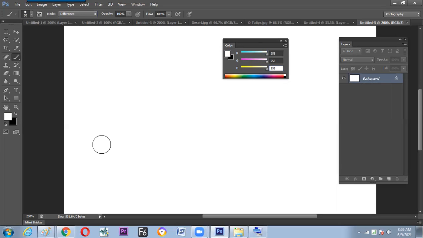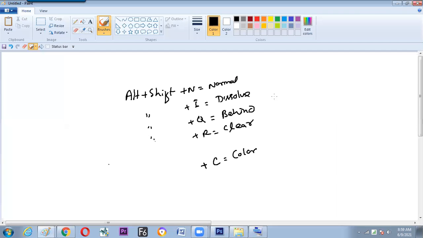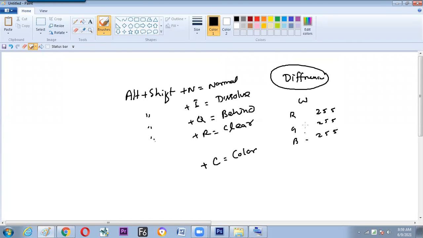Are you getting the math? We are talking about the Difference color mode. As the name says, the work is so. White color has a value of 255, 255, 255 in RGB. This is the screen white. And your brush color is also white, so it also has 255, 255, 255.